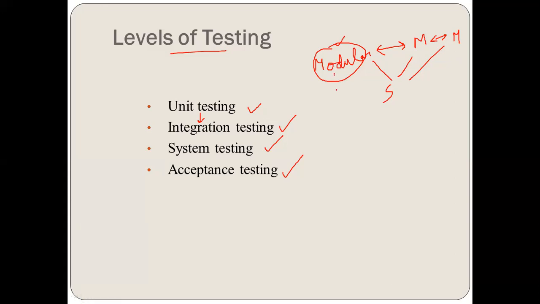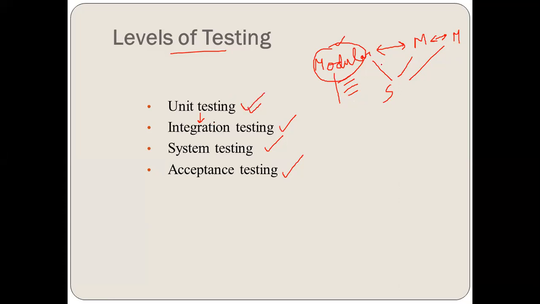So this part will be done in the unit testing. That means the detailed design of the code will be checked and tested for errors. And we will see whether the right inputs give us correct outputs, and wrong inputs give us the wrong output, or whatever the error message should be given. So this way we are doing the unit testing.